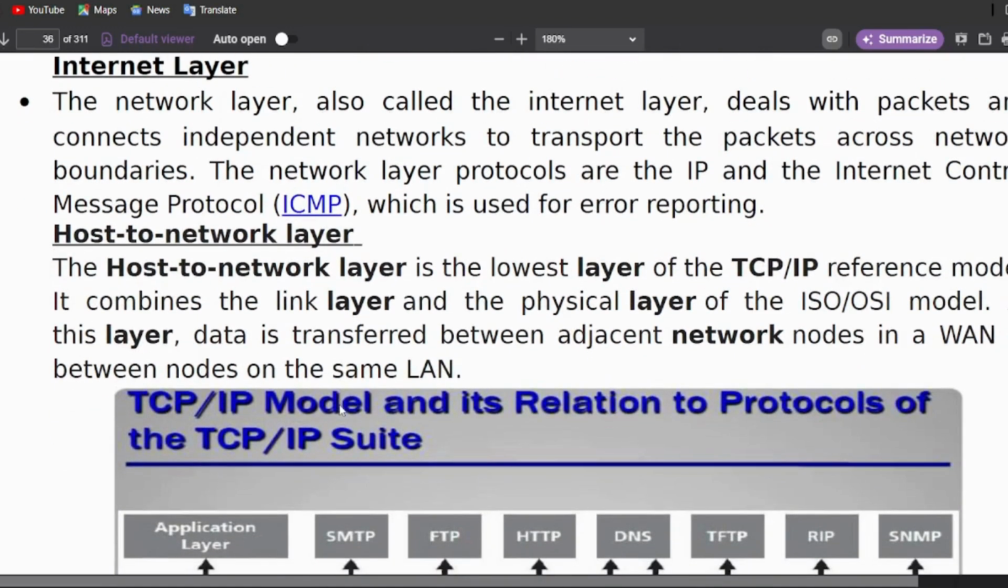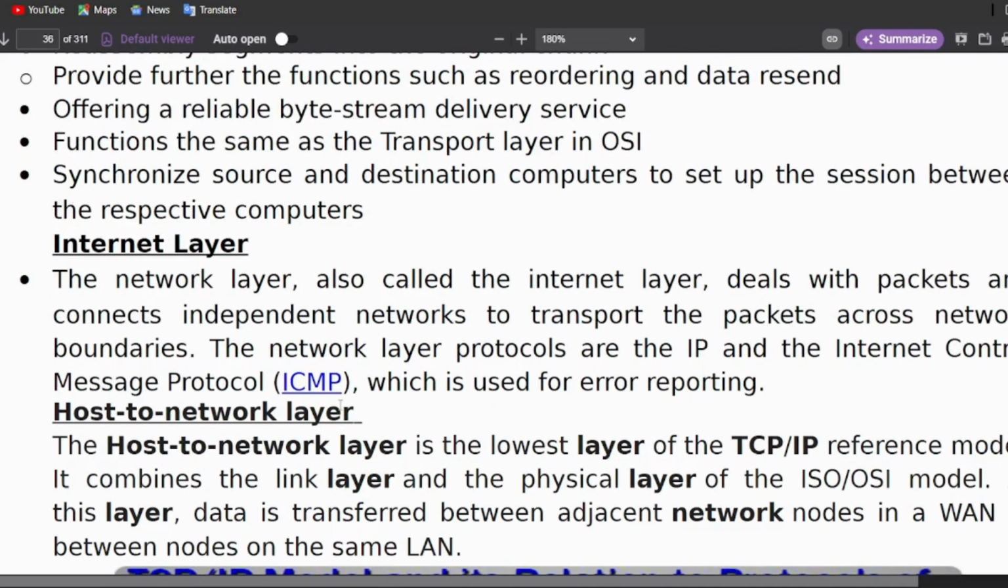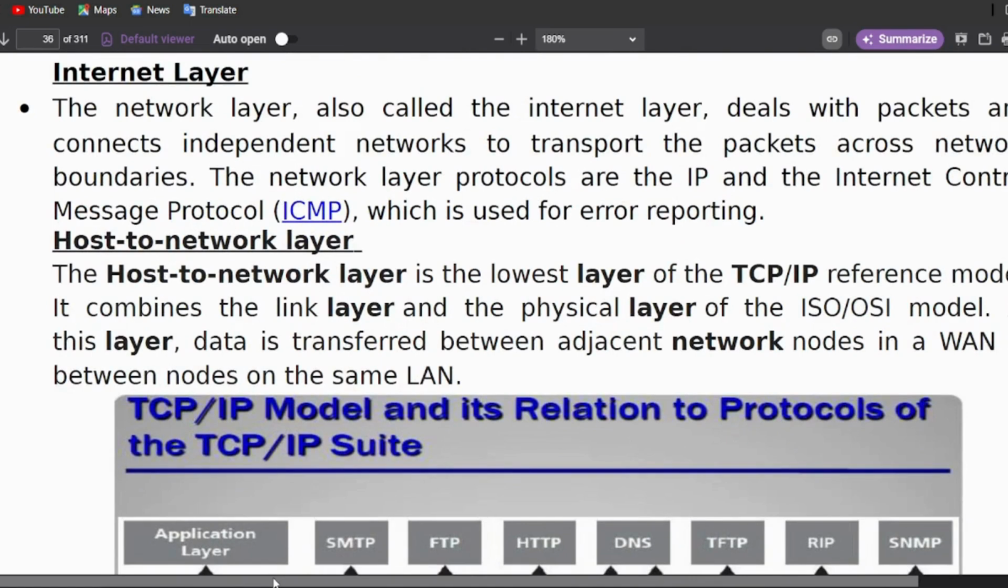Here we have the host to network layer. The host to network layer is the lowest layer of the TCP/IP model. You know TCP means Transmission Control Protocol and IP means Internet Protocol. In this reference model, it combines the link layer and the physical layer, like the data link layer and physical layer of the